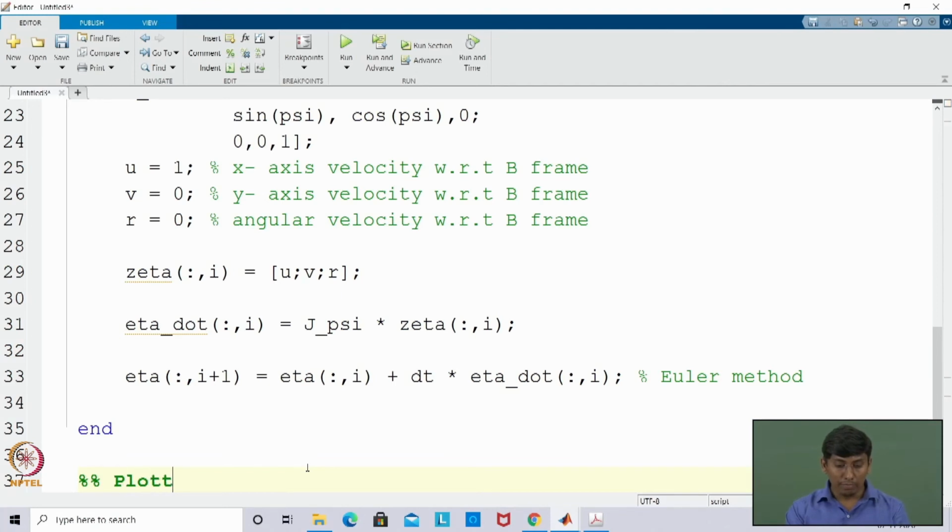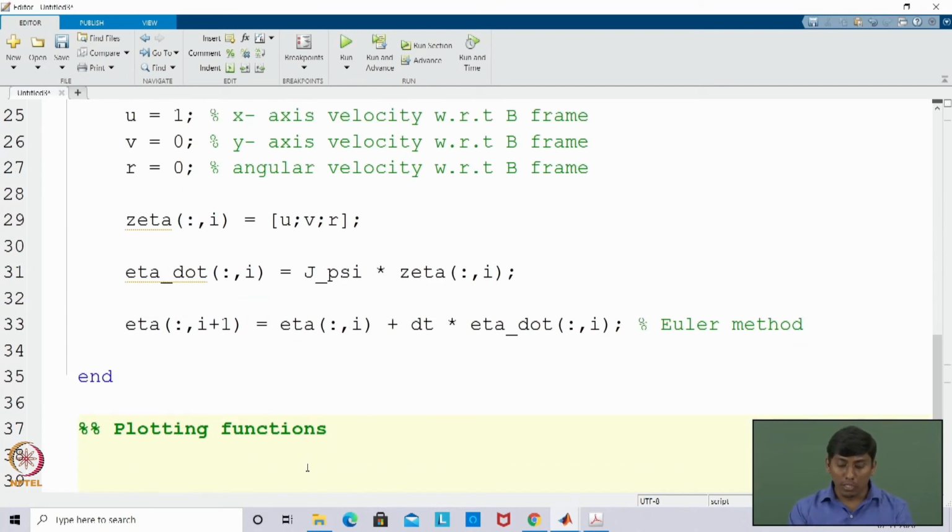So, plotting. Plotting functions start here. I am just plotting first. So, plot of t. t is already defined as a span. So, I am planning to show eta 1, which is nothing but x, going further. Why I put 1 to I is because eta would have an I plus 1 instance, but you know time is only up to the I instant. So, I am putting eta up to the ith level, so that you can plot that. I am showing this in red color, okay.